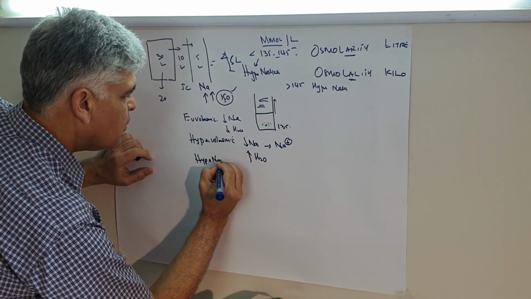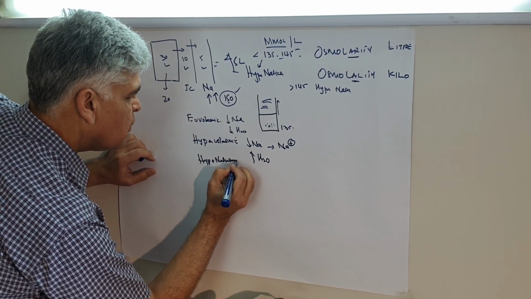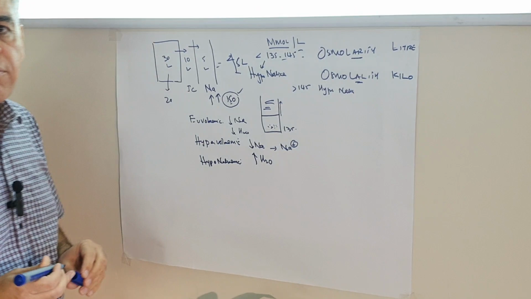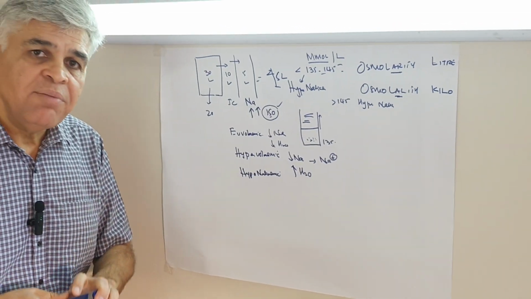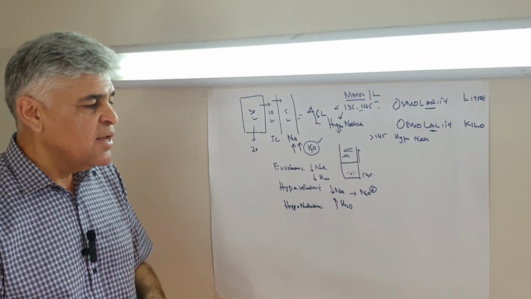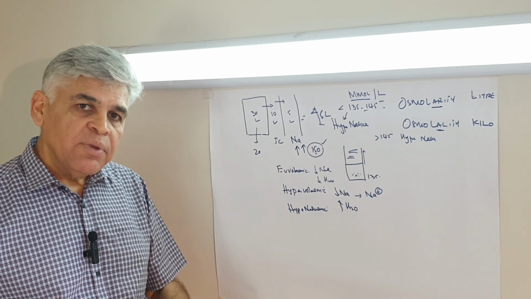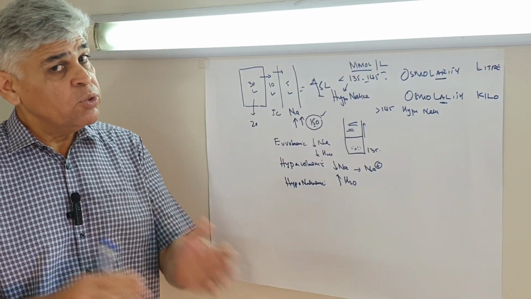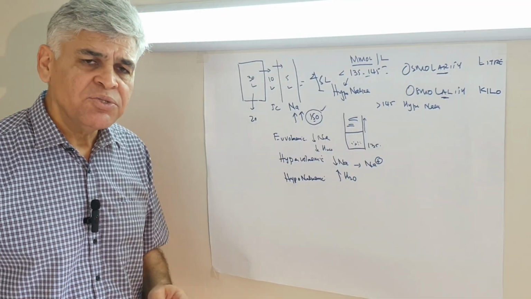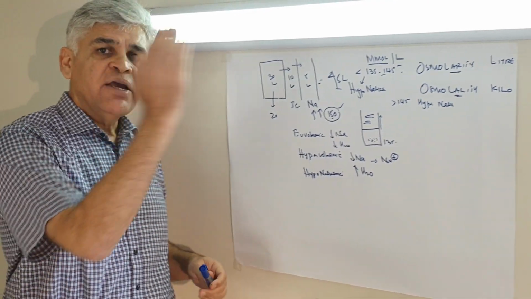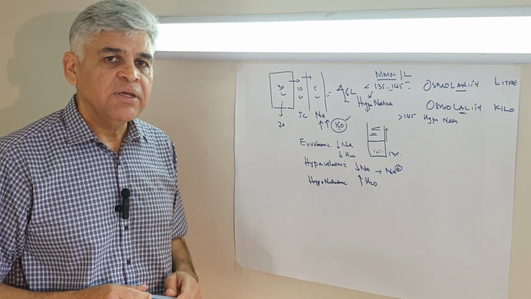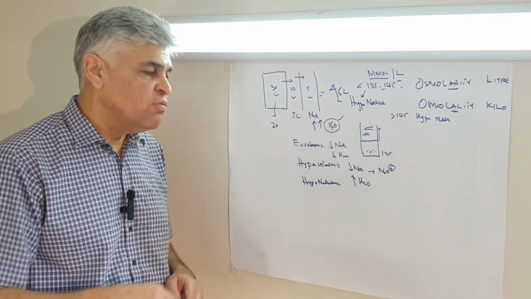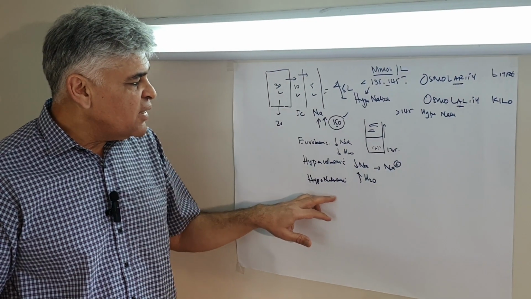hypovolemic hyponatremia. In hypovolemic hyponatremia, as you can see, you lose sodium in comparison to water. So you're not going to lose as much water, but you lose an excess amount of sodium. Now, how do you lose sodium? Once again, the losses are the same. Either you lose it from the kidneys, from the GI tract, or from excessive sweating. But